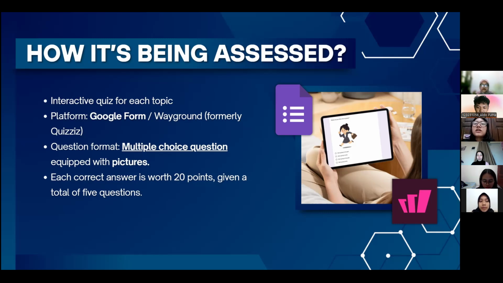So students can earn a total of 100 points per quiz. The points also depend on the total number of questions.